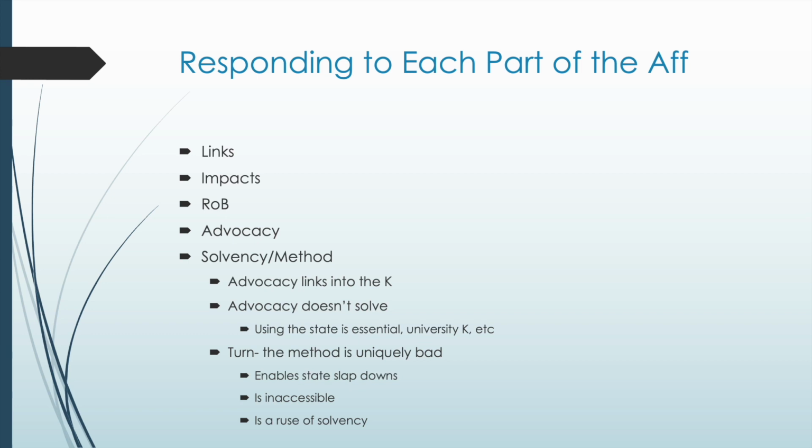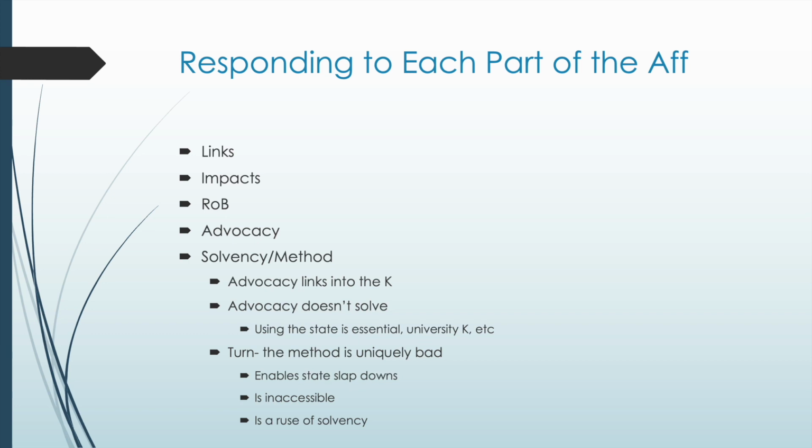And so, just like with the negative critique, the kind of silver bullet argument you can make is that the advocacy somehow links to the K. And this is a little bit easier when it comes to topical K Affs, because if you can read a link turn that says the resolution actually makes the situation worse for the group that the K is trying to solve for, then you have in essence proved that the method of the aff is bad. And so that is offense, right?